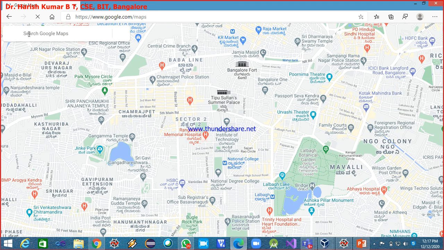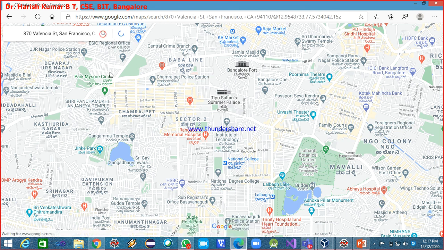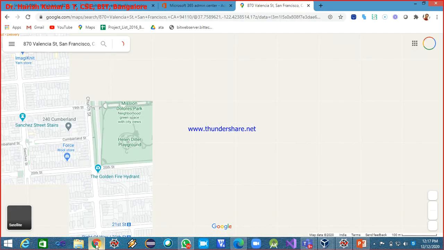Okay, now I search for the street. I pasted it. Now let me search. Let me check what is the status here. Still searching. I'll close this one.